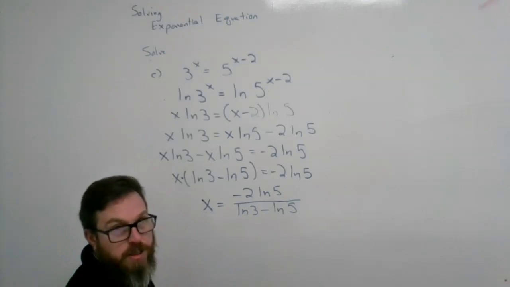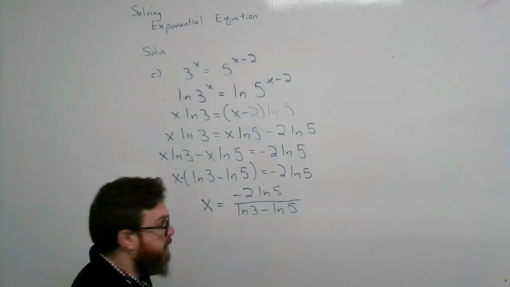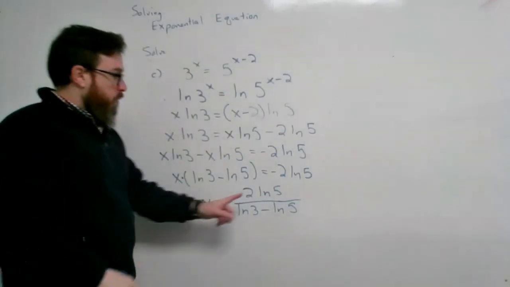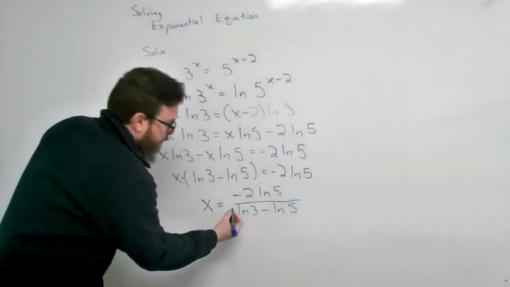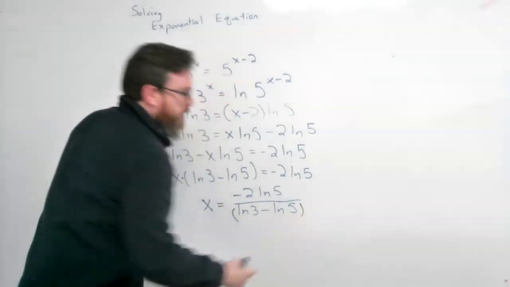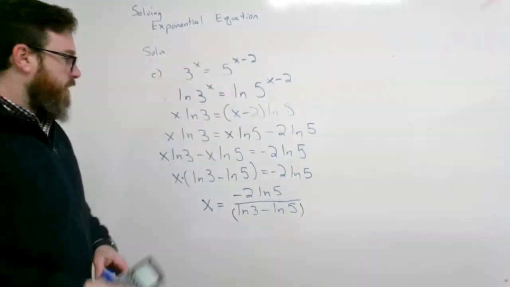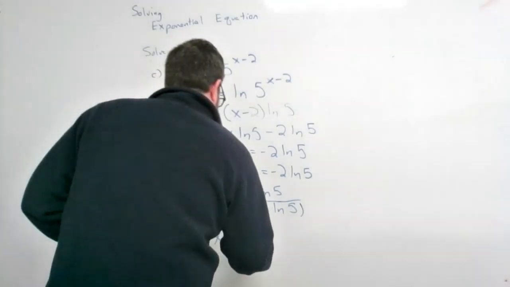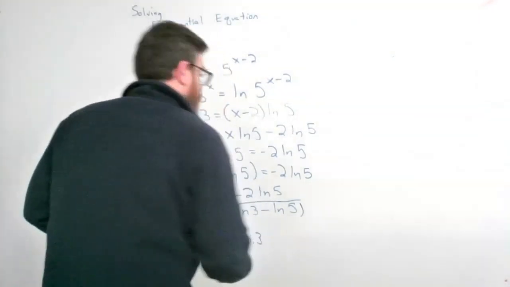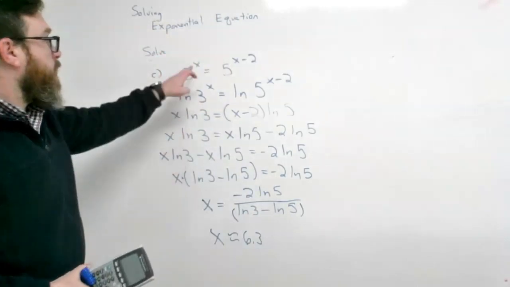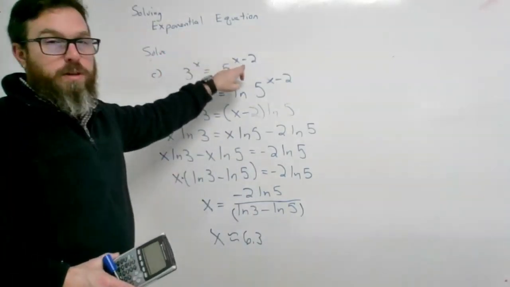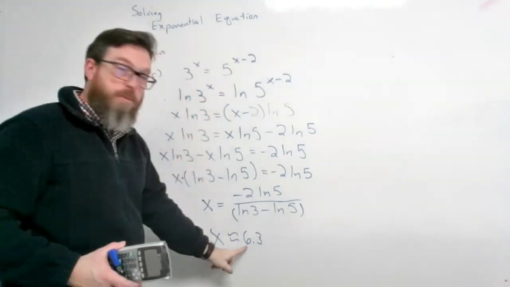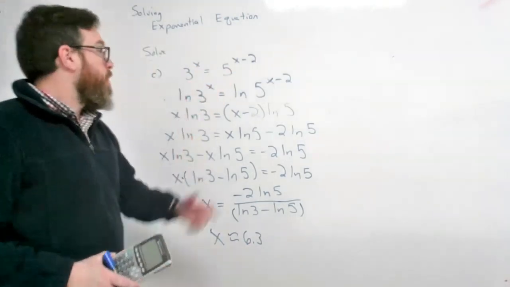Now when you simplify this, if you want to find its decimal approximation, we put this into our calculator, but be careful. Since the bottom's a binomial, don't forget to put this into parentheses. So when I plug this in, I get x is about 6.30. So I'll say 6.3. Then we can check. Plug 6.3 into here, plug 6.3 into here, and see if those values are really, really close. Remember that this is just an approximation. This is not the exact answer. But they'll be really close when